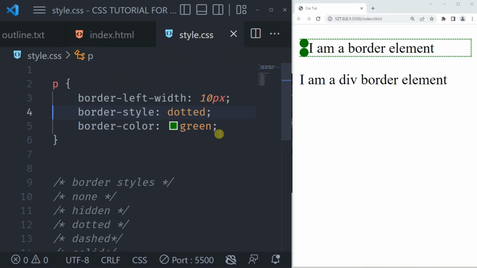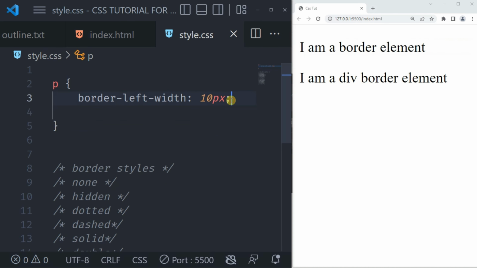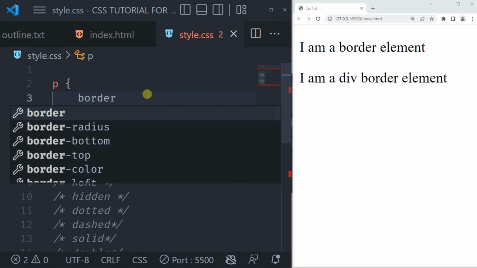Okay, so we can have the border left, the border top, the border right, and the border bottom. So let's have that and see what that looks like. Let's clean it up to here. I can have my border left to be, okay, I don't want to use the shorthand now. Let's start with border top